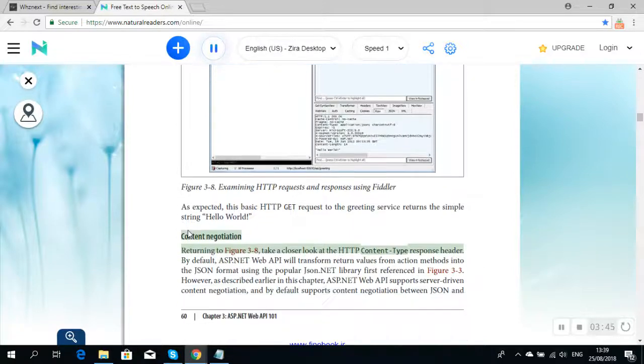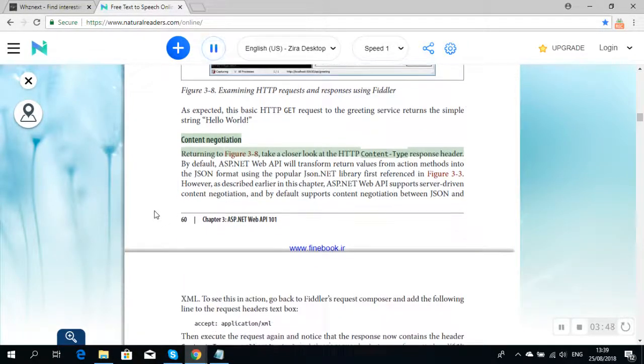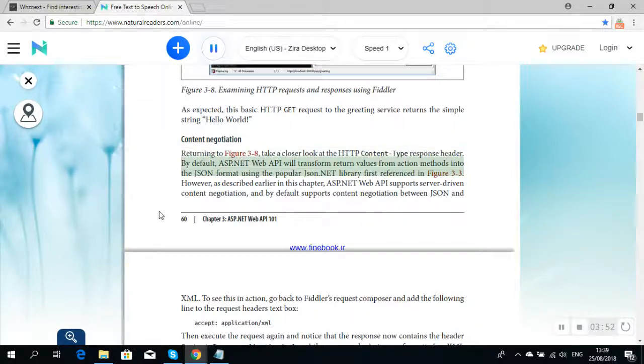Content negotiation. Returning to Figure 3-8, take a closer look at the HTTP Content-Type response header. By default, ASP.NET Web API will transform return values from action methods into the JSON format using the popular JSON.NET library first referenced in Figure 3-3. However, as described earlier in this chapter, ASP.NET Web API supports server-driven content negotiation, and by default supports content negotiation between JSON and